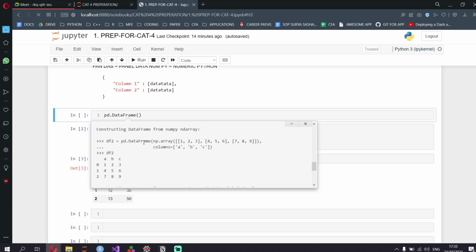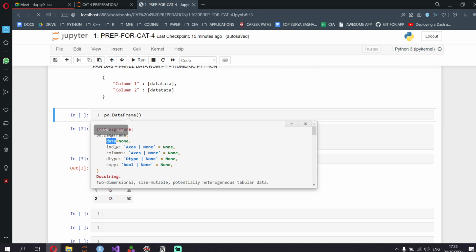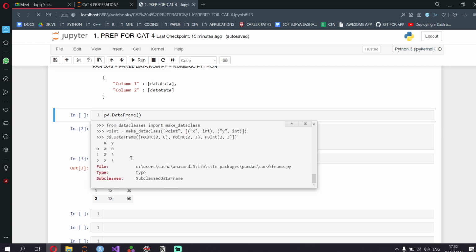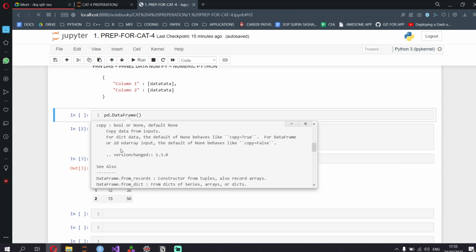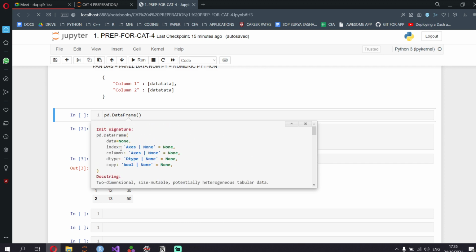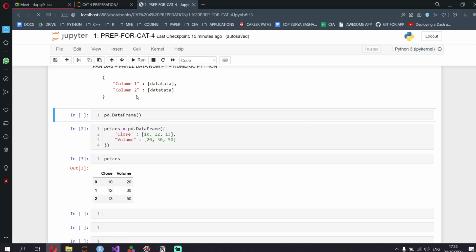Look at this, df2 is pd.DataFrame of an np array, and this is a two-dimensional array. So data frames can also be two-dimensional arrays. Let's cover that example also. And there are these parameters, data, index, columns, dtype, copy, and you can learn a lot from here itself. Generally there will be examples and everything. So you don't need the internet to know what function to call, or what all you need to put inside a function. It's already there, if it's installed.